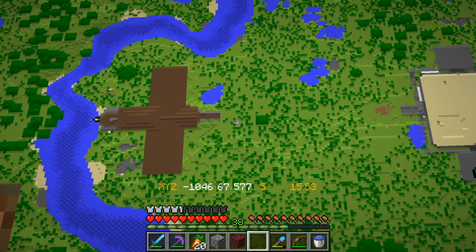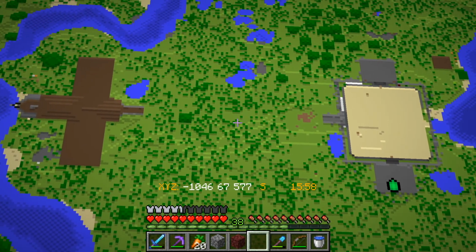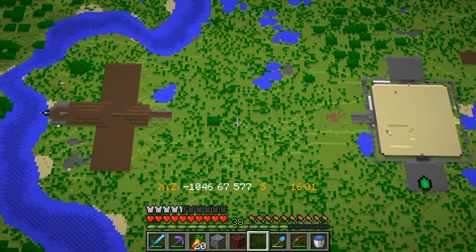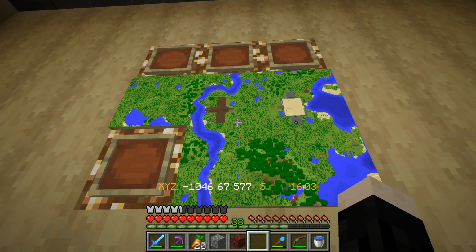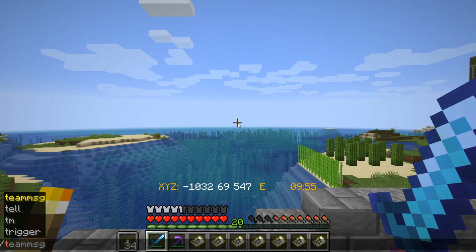And what I plan on is building a road between these two, you know, kind of a nice road, and then having farms on either side of it. And I think today we're going to build the first one of those farms. I'm going to do a thing real quick. I'm going to type trigger